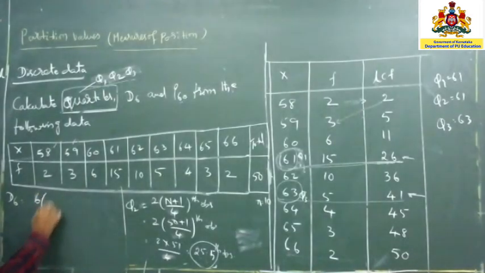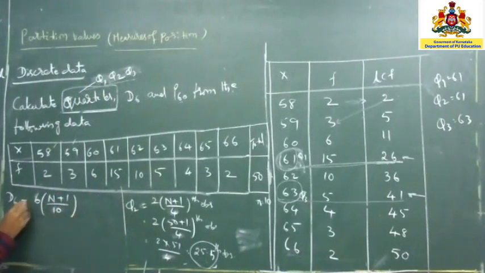That is 6 into capital N plus 1 by 10. So now here, 10 in the sense decimal means 10, because it is the sixth one only, so 6 we have to write. I is equal to 6 here. So now 6 into 50 plus 1 divided by 10, so that is 6 into 51 divided by 10. So what is the value that you are going to get? Calculate and tell me now.